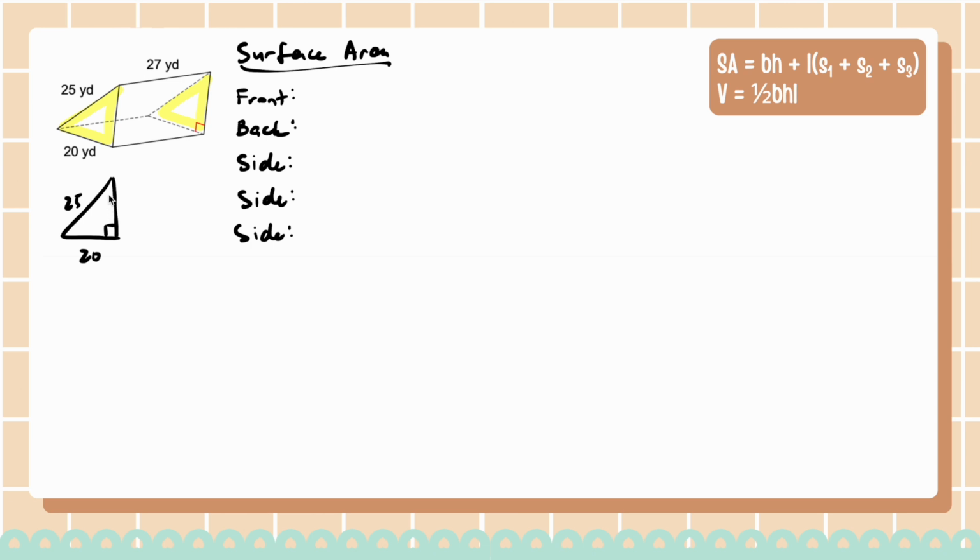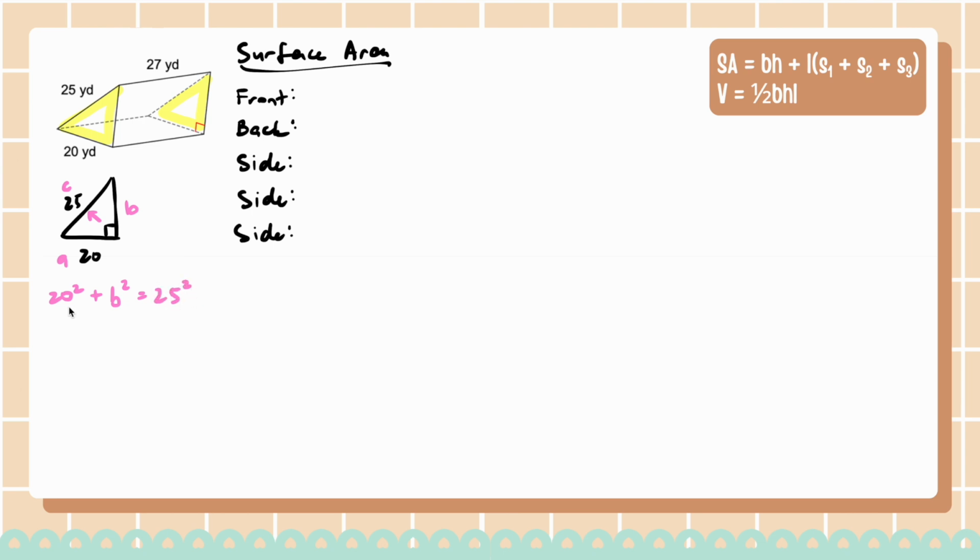So let's do that by first identifying our A, B, and C. Across from here is going to be my C. It doesn't really matter which one is A or B, so let's just call this A and this B. All right, and then plugging it into the Pythagorean theorem, I have A squared, so I'm going to start with 20 squared, plus B squared, we're just going to leave that the same, is equal to C squared, so that's